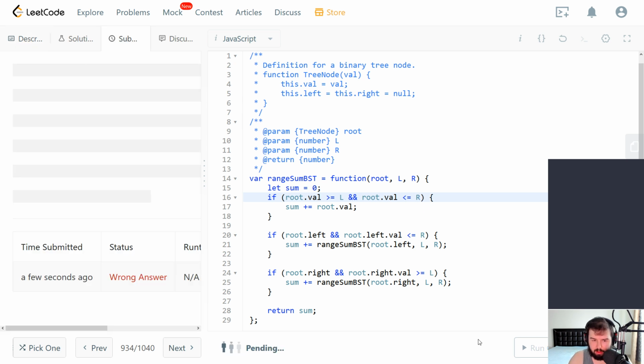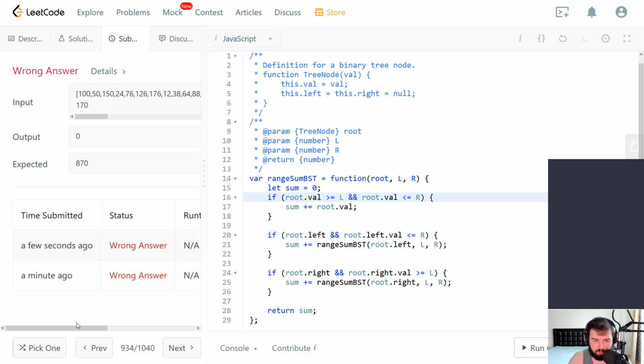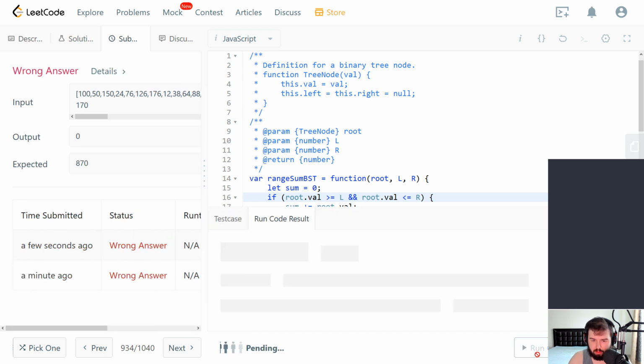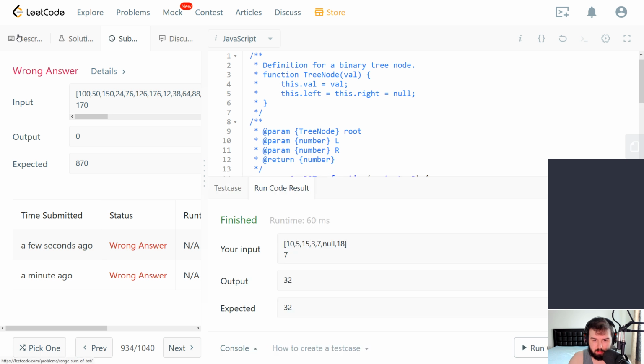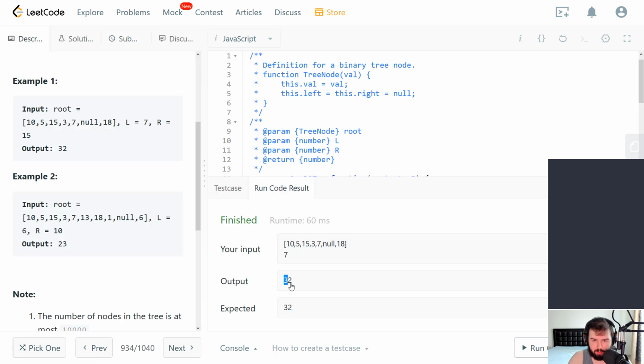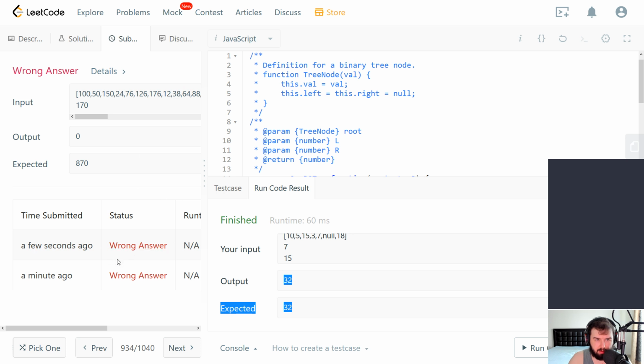Maybe this one has an error. Let me just check. No. We have another test case and it still doesn't work. But this one was solved properly. So this one worked fine. Let's see